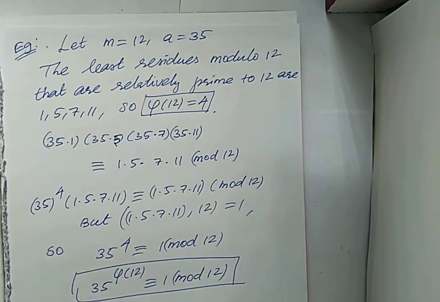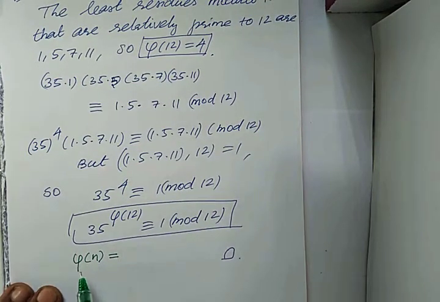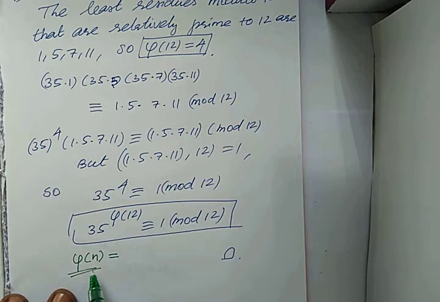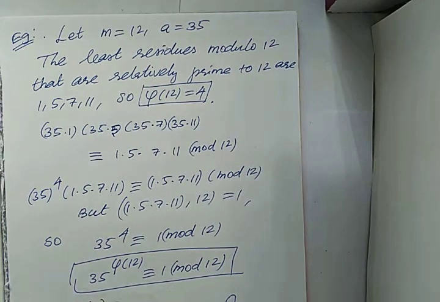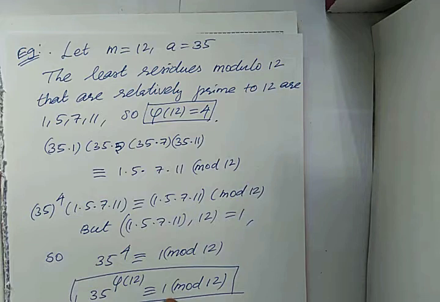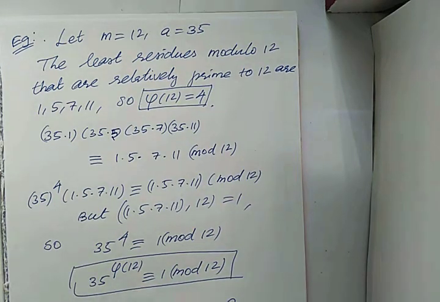Good morning, students. So far we have seen Wilson's theorem, Fermat's theorem, and a lemma needed to prove Euler's theorem. We have also seen a function called phi of n. What is phi of n? This is the number of positive integers less than or equal to n and relatively prime to n. Now, before seeing Euler's theorem, let us see one more example that will illustrate the proof of Euler's theorem.